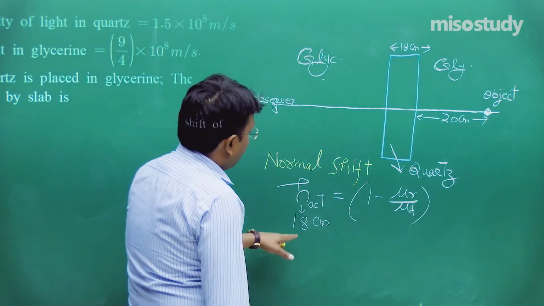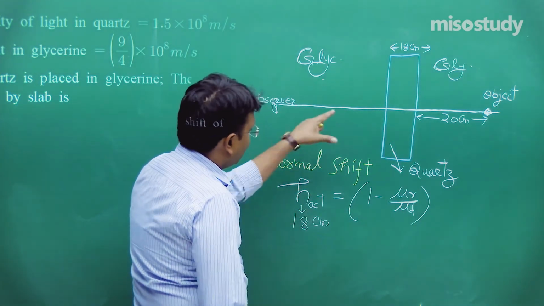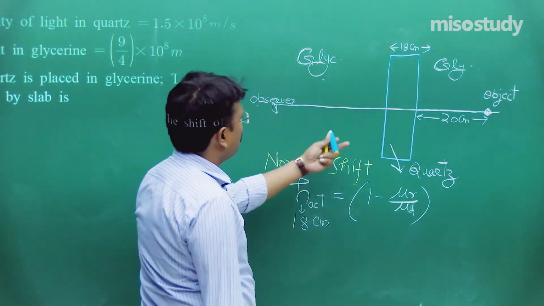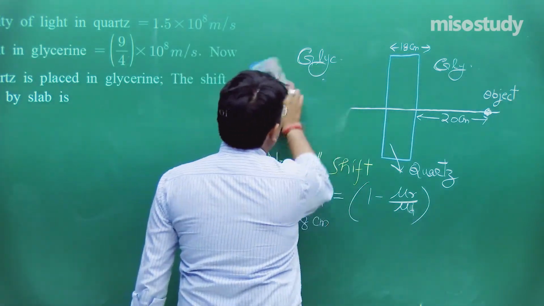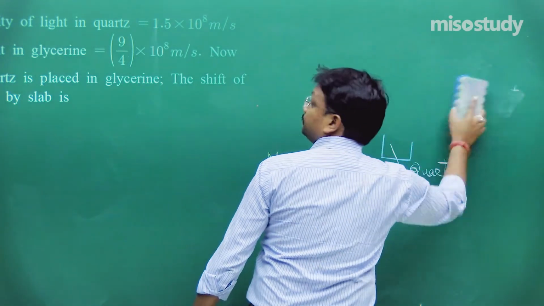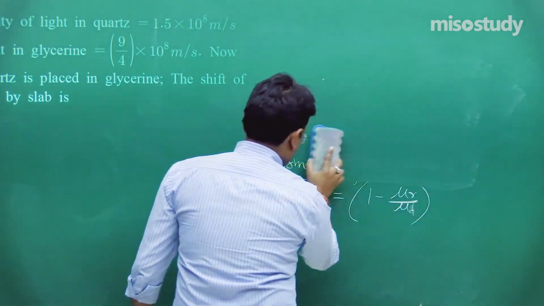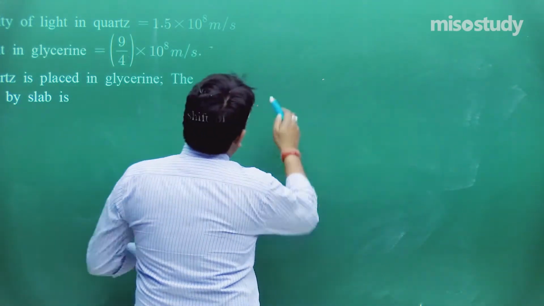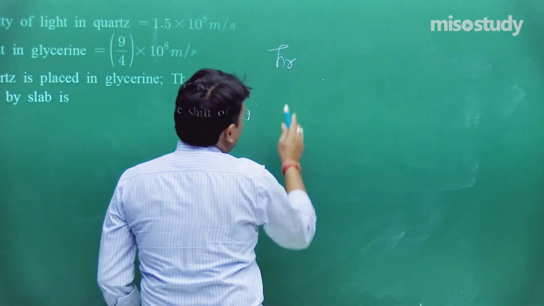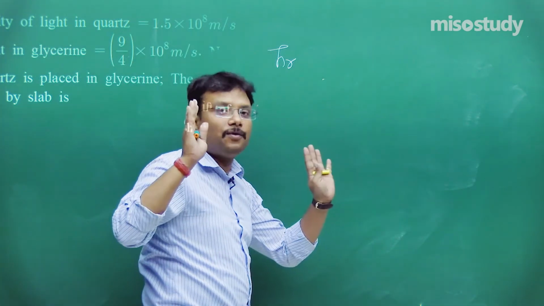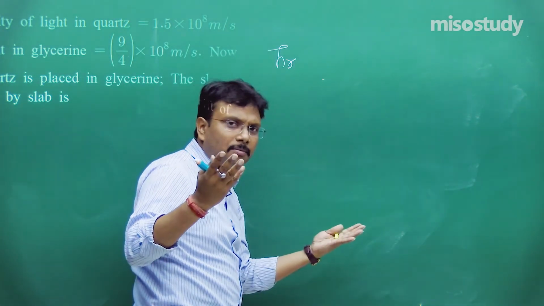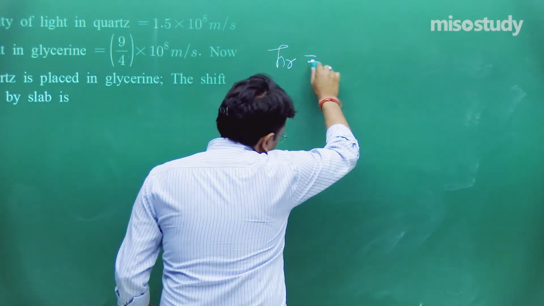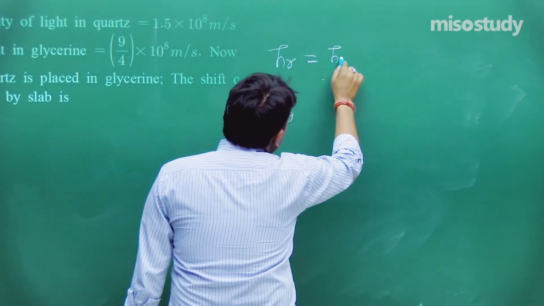Fine. Now h real, that is h relative. So now I am going to remove this diagram. Fine, I hope it's sufficient for you to visualize the question. So this value is given, h actual is equal to 18. Now h real, that is r, I am using different symbols. If you want to visualize the problem, questions, symbols different, no problem. Fine. So h r is equal to h g Ly.